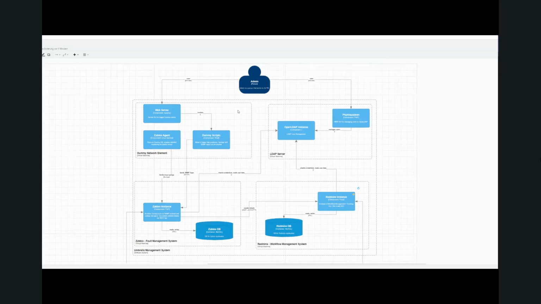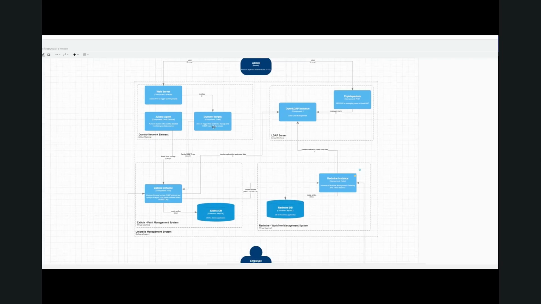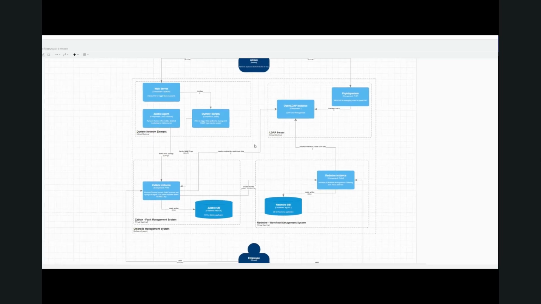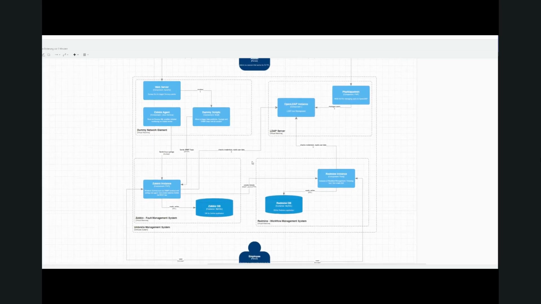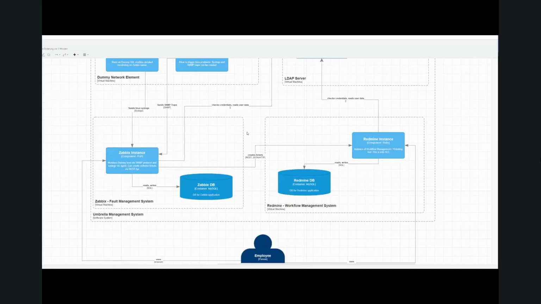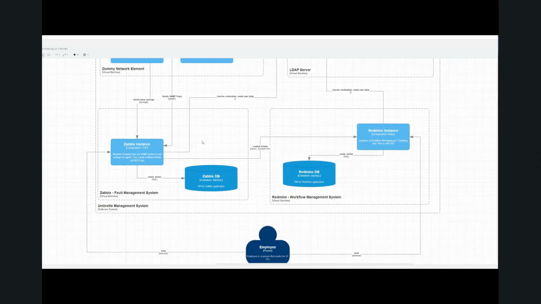Now I would like to talk about the high-level design of our solution. So we have 4 big systems or components which together make up our proposed umbrella management system. And I will talk about the lower half for now. Each of those 4 systems are separate Ubuntu Linux machines running within the virtual LAN of our proof of concept. On the left-hand side, we have one server which has a Zabbix instance running, which is our fault management